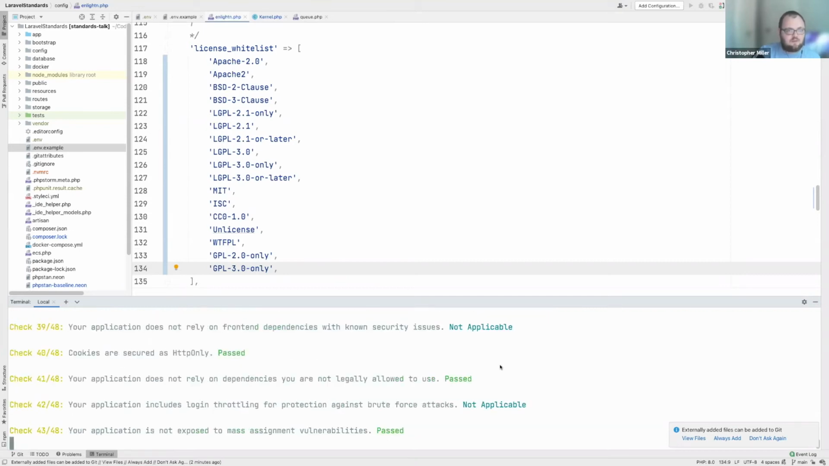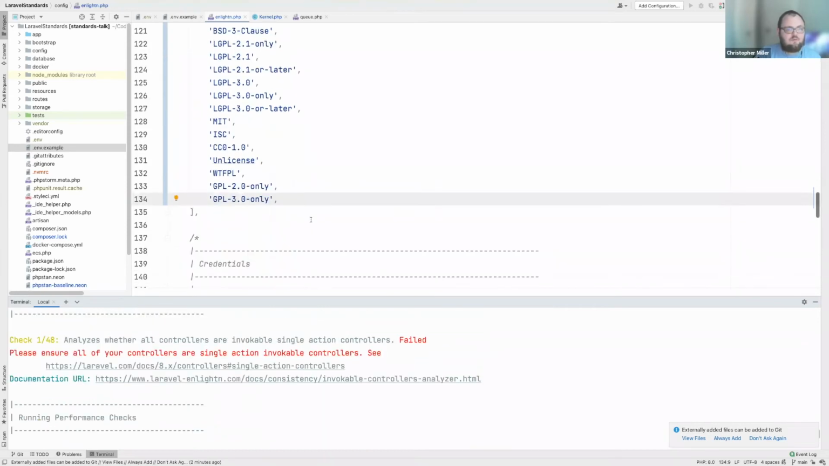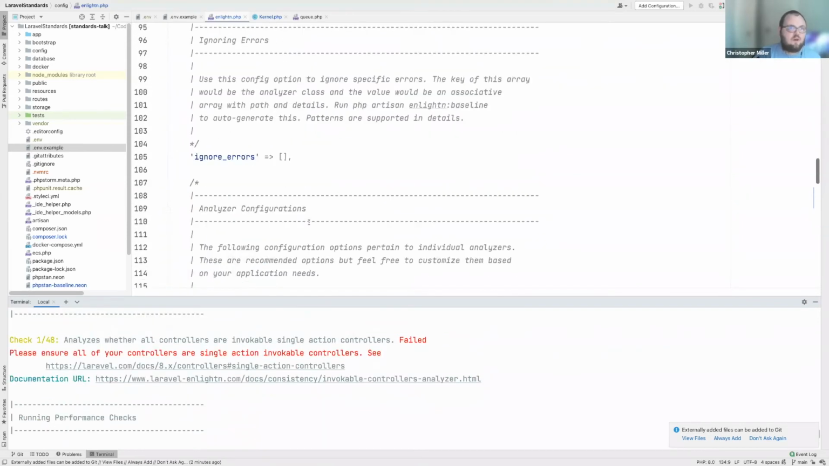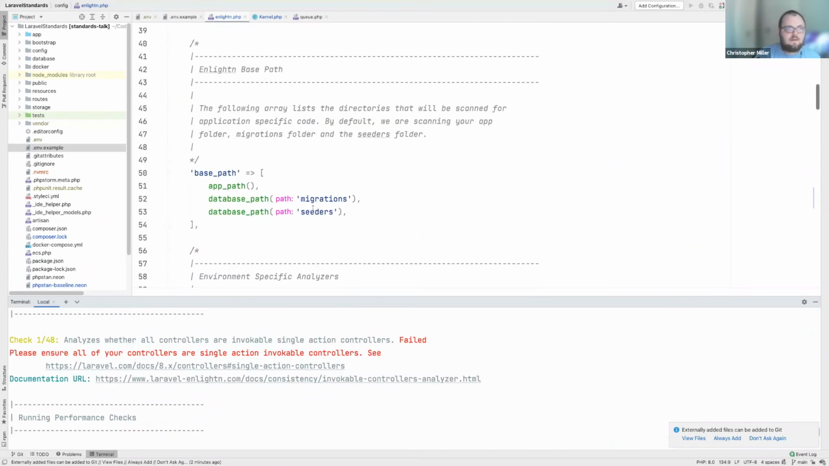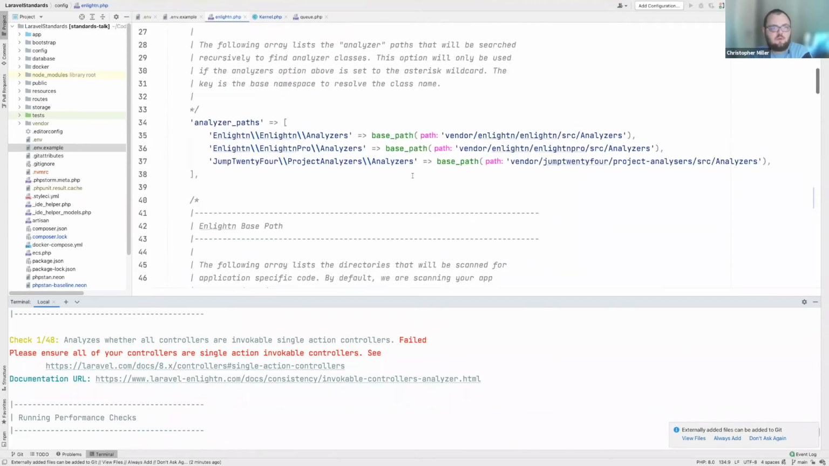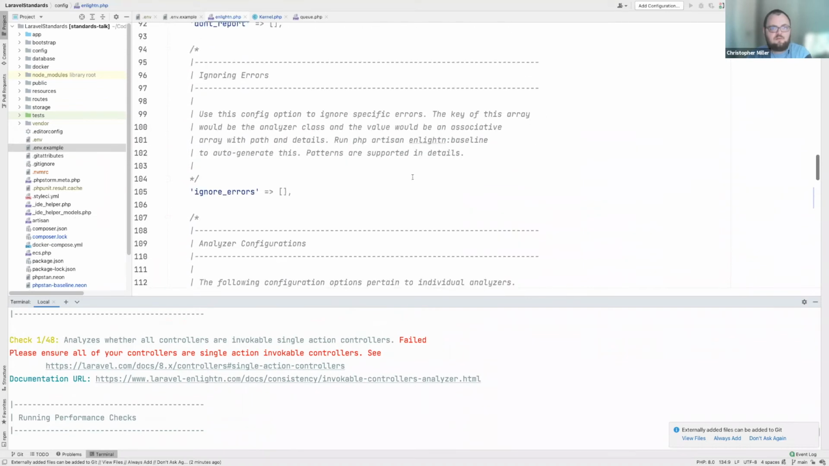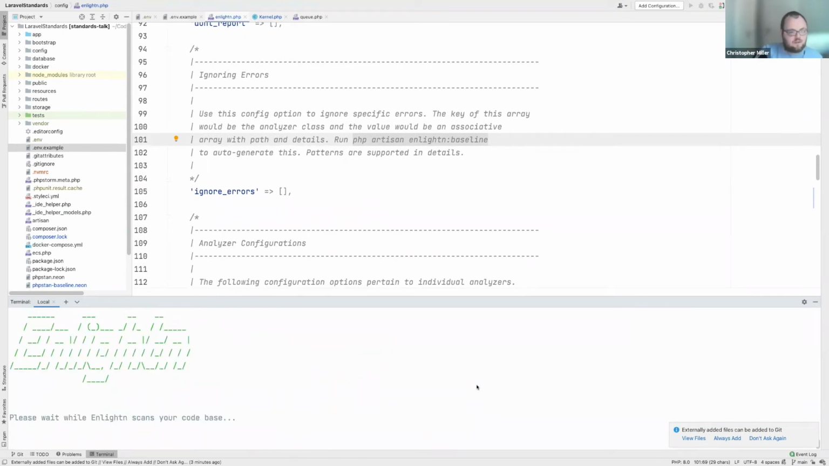So the issue that Enlighten has is with the Horizon install and invocable controllers. So let's assume for a moment that for whatever reason we cannot fix these in production, and we don't want to use Horizon, and we don't want these controllers to be refactored just yet. What we can do is run a baseline function, which will tell it to ignore certain errors. So we run the baseline, let it scan the code base,